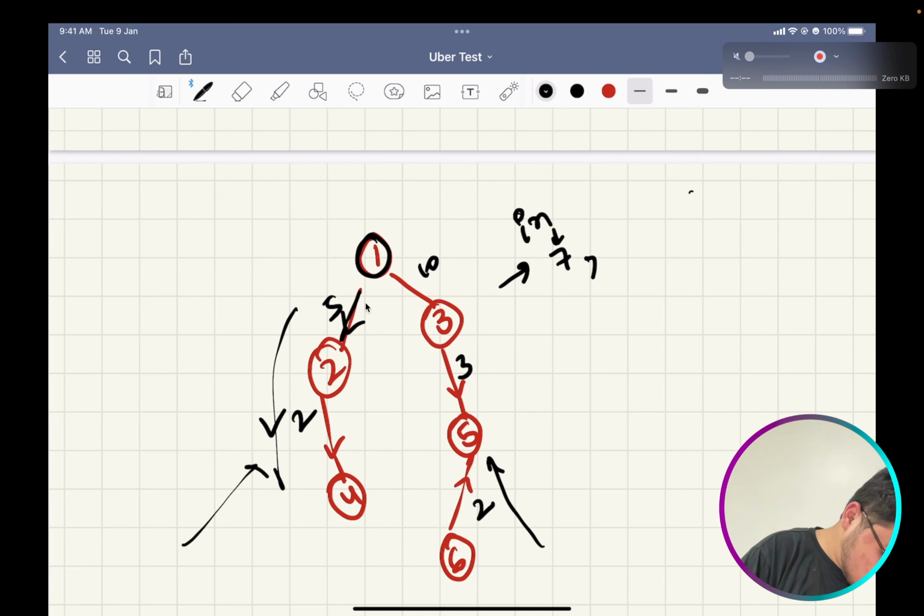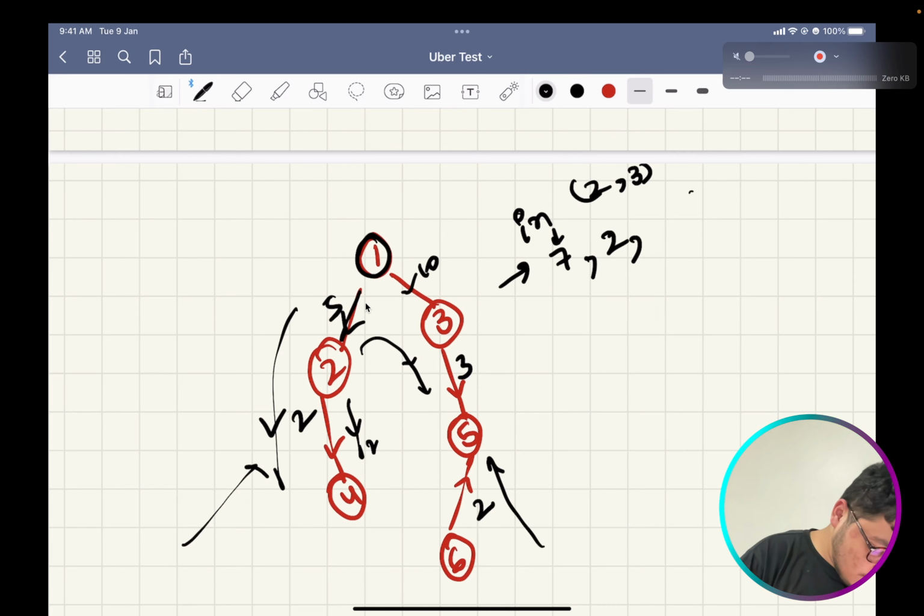Similarly, in of 2 would be 0, 0, 3. So 3 plus 3, the minimum of these two would be 2.